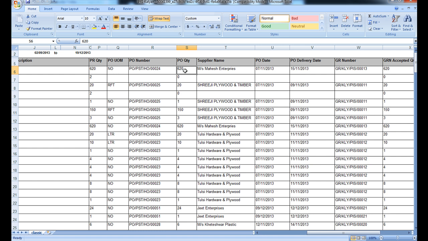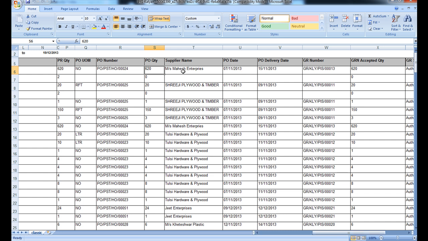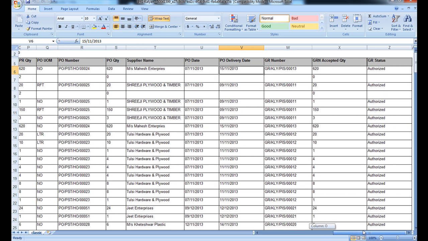So that's why it will show you different quantities here if there is any change. It shows you the supplier name, the PO date, the estimated delivery date,